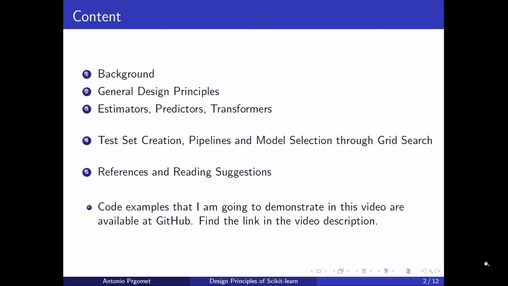Then I'm going to demonstrate a neat function to create a test set, pipelines and model selection through GridSearch. These functionalities are frequently used, and understanding them will enable you to create better machine learning models. Finally, I'm going to give the references that I based this presentation on and suggest some further reading for those